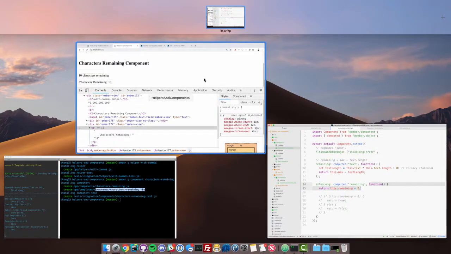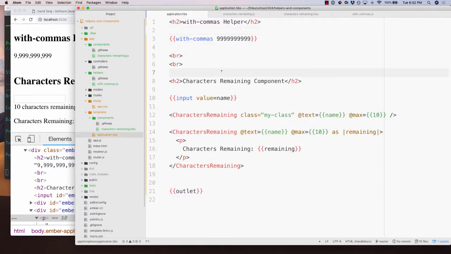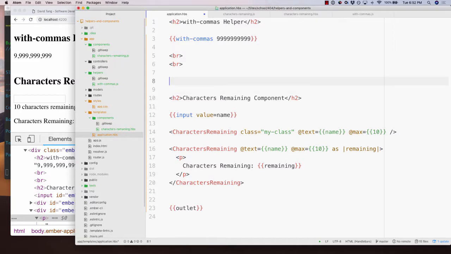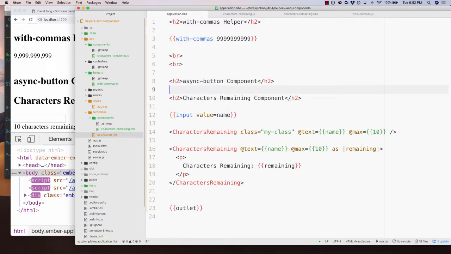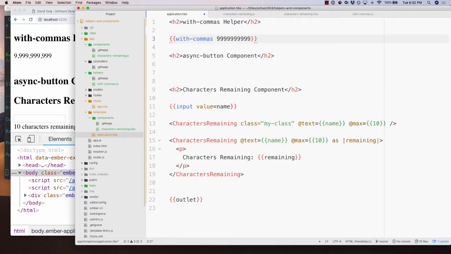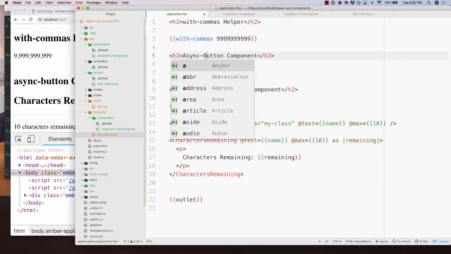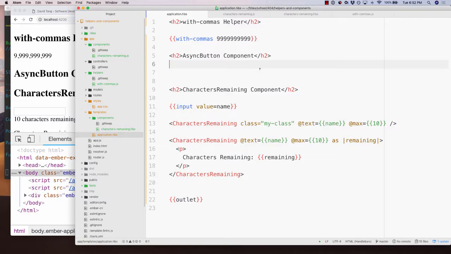All right, let's create another component. So this is kind of one example. Let's do one for, so I'm gonna put it above this one just so I don't have to scroll. We'll call this async button component. I'll delete this. All right, so a lot of times in apps we have a save button, and this will be used on a create form or an edit form. And when we save